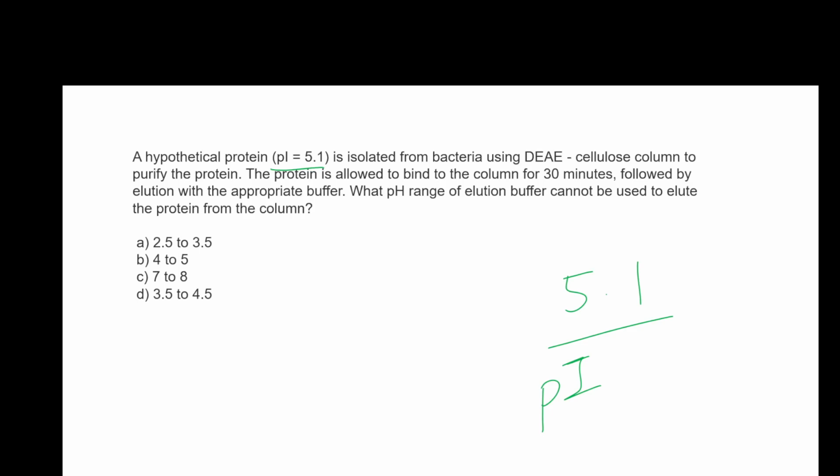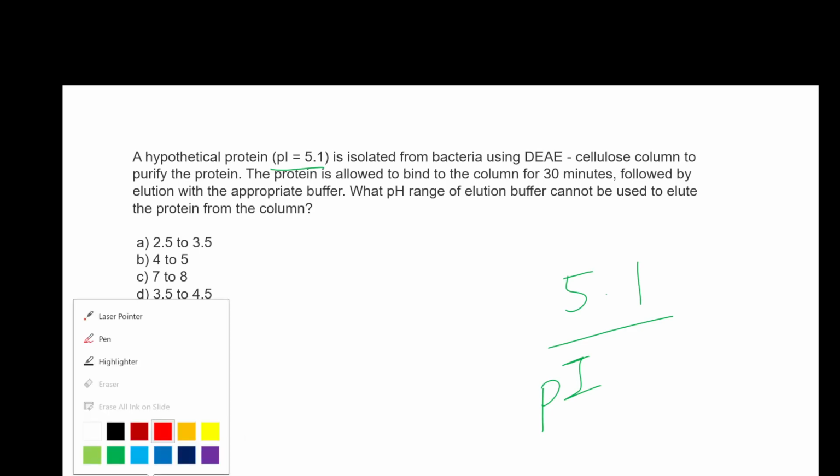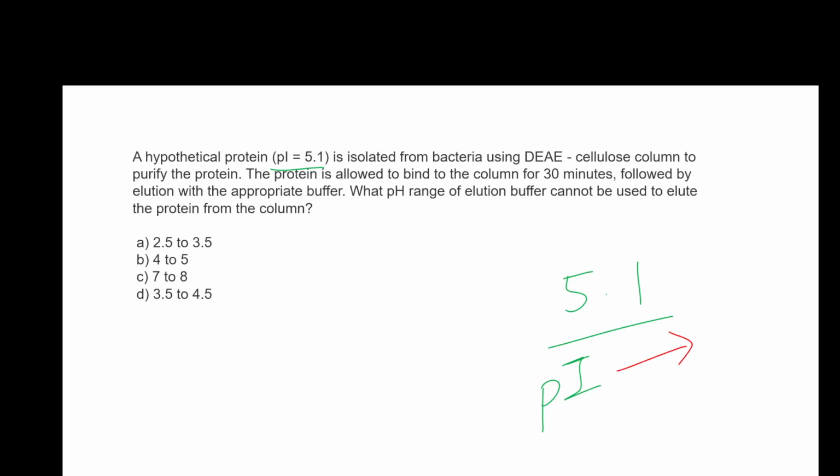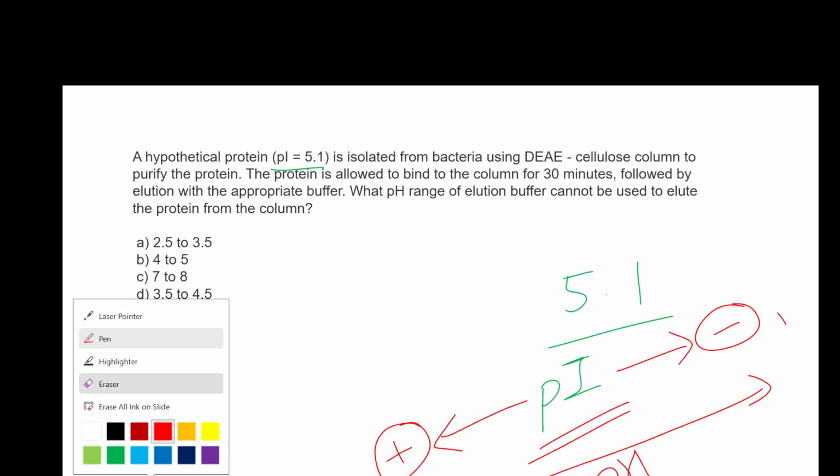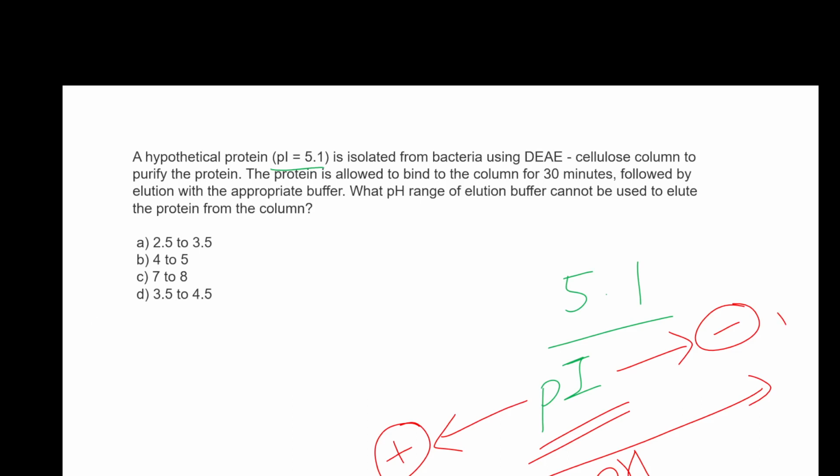However, if you go above the pI or below the pI, then above the pI your protein will be negatively charged, and below the pI the protein will be positively charged. So at a pH above pI, the protein will remain negatively charged. Why? Because at the pI, sorry,